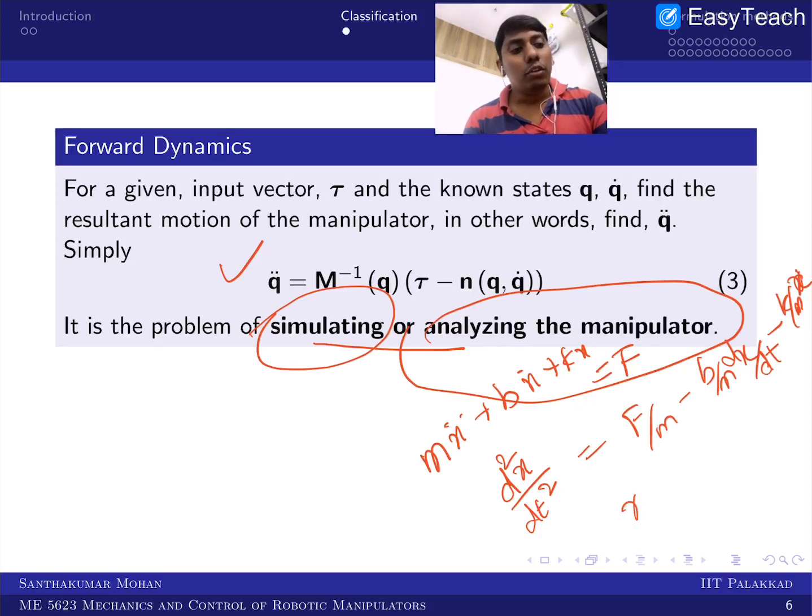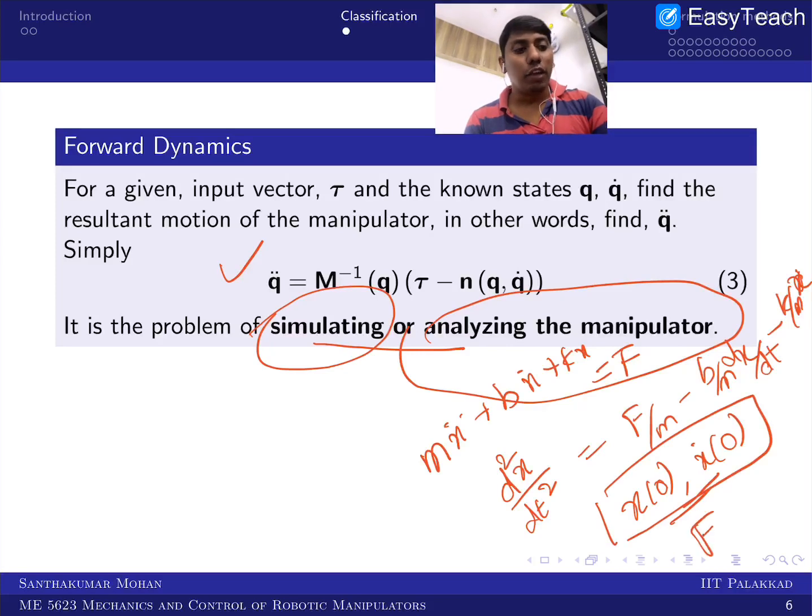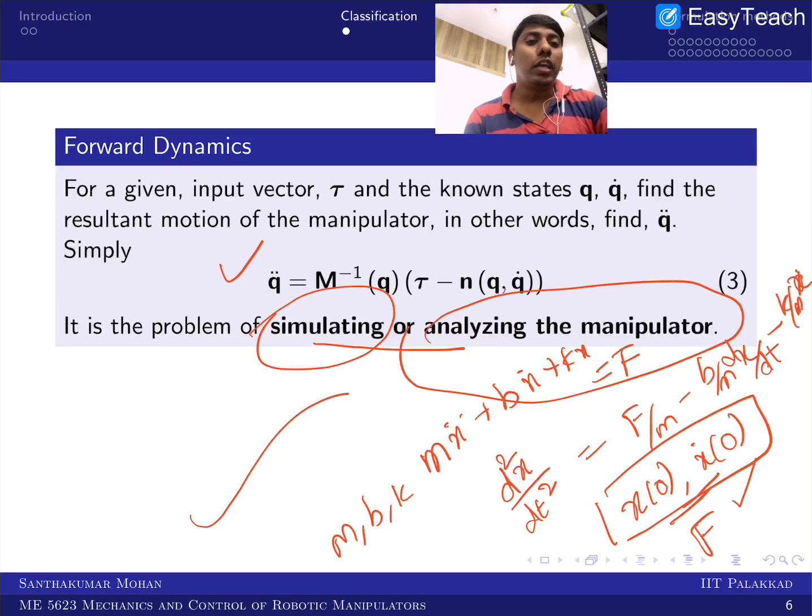So if I know the initial condition, I can solve, right? That is the condition for solving an ordinary differential equation. If I know the initial condition, the input, and all the variables b, m, k are known, I can see what would be the propagation. There are several ways of doing this numerically. I can use the simple Euler method or Runge-Kutta, or several other methods.